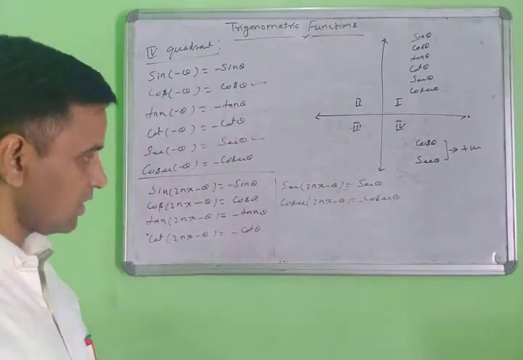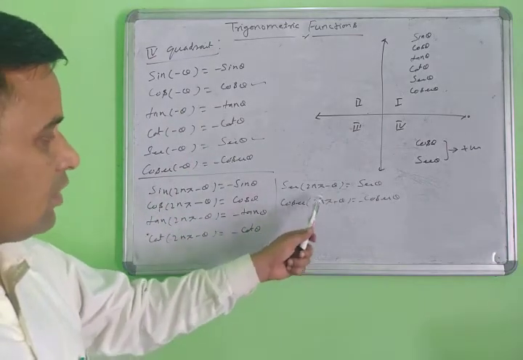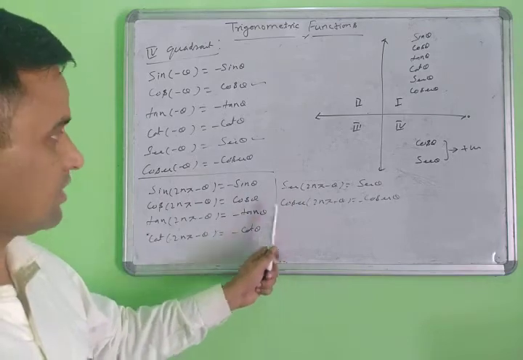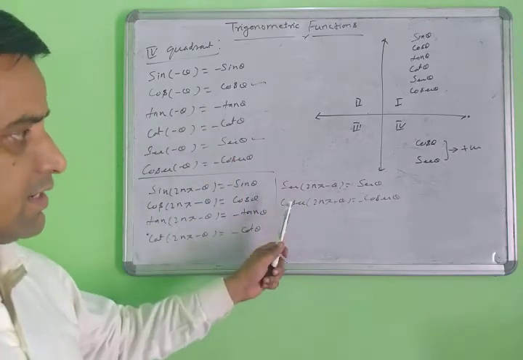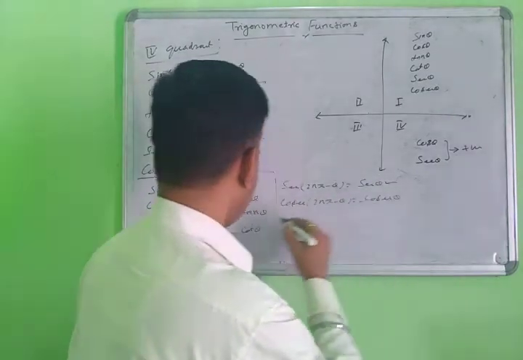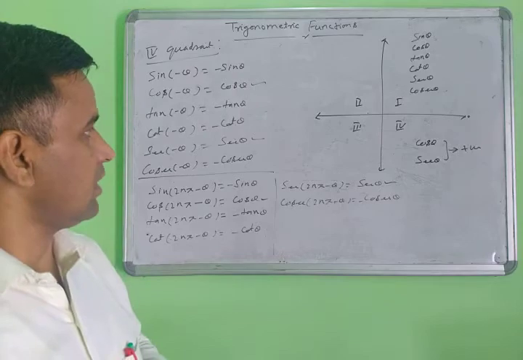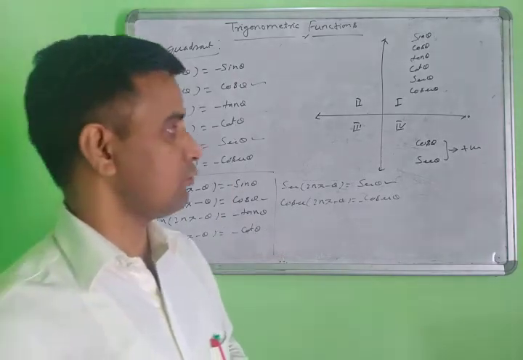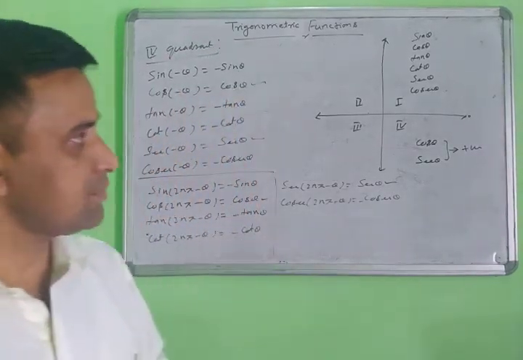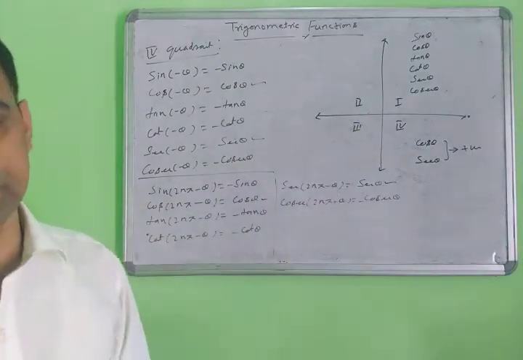So these are sin, cos, tan, cot, sec and cosec. These are also fourth quadrant identities. That means only sec and cos are positive. The rest will be negative. These are the identities of the fourth quadrant. Very simple things. First and fourth are completed. Then third and fourth will start. Note it down.